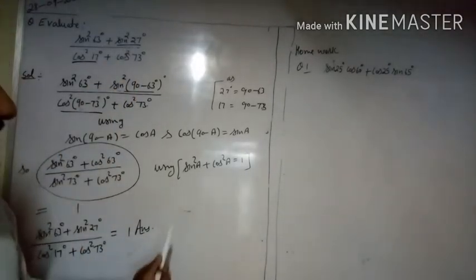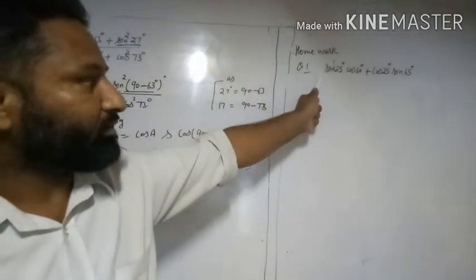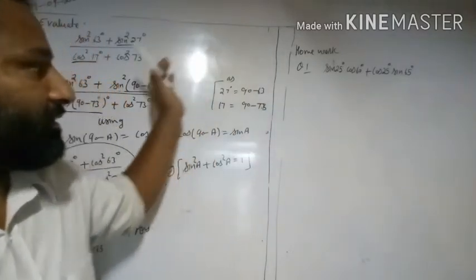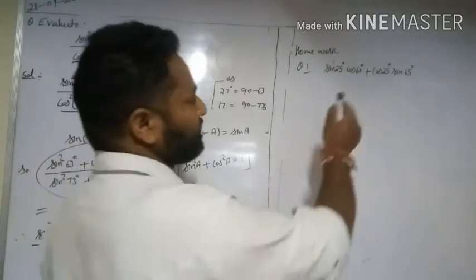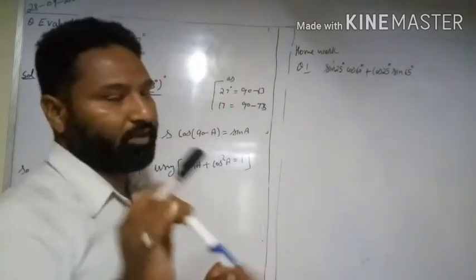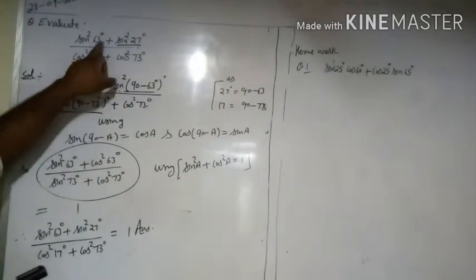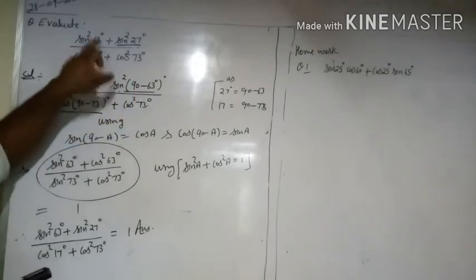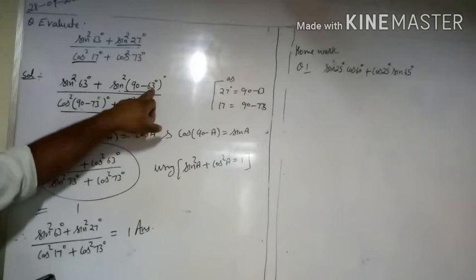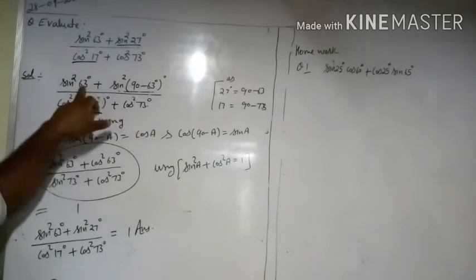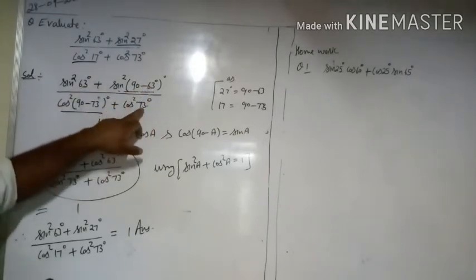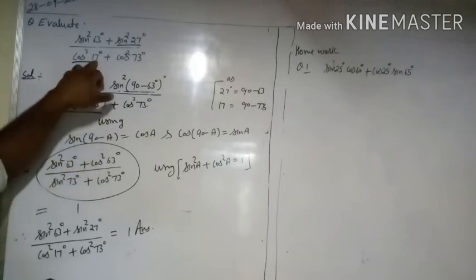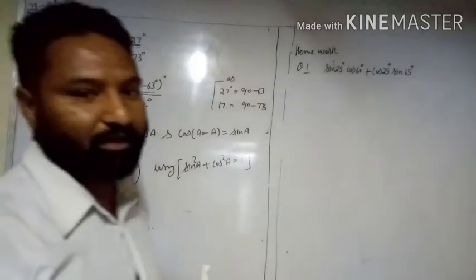On the basis of the same concept, there is homework for you. You have to do these questions. You have to solve them by using the same concept. Any one of the angles you have to change. And one more hint for you: if I'm keeping this angle, then this angle must be here. That means by subtracting from 90, this angle must be here. If I'm writing 73 here, then by subtracting from 90, the other angle must be here. It should be equal to that. Then we can use these identities.